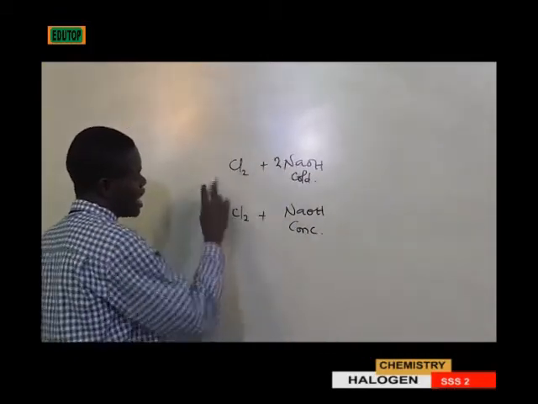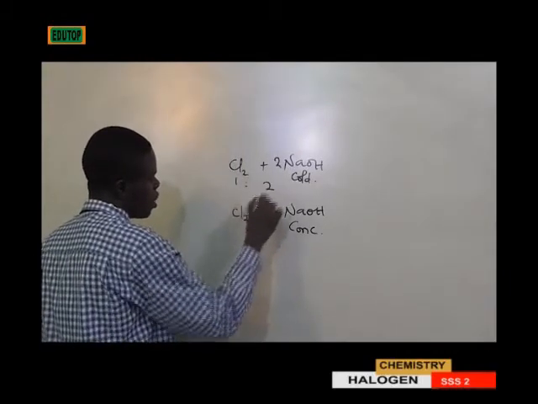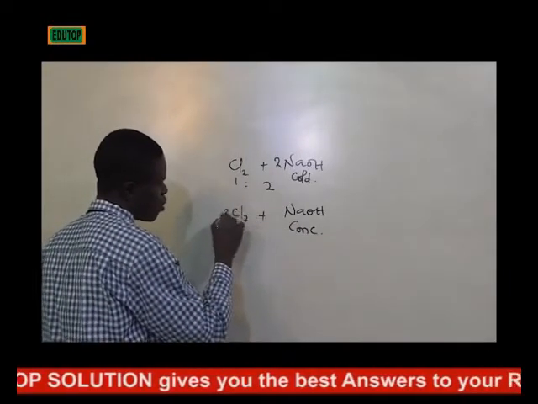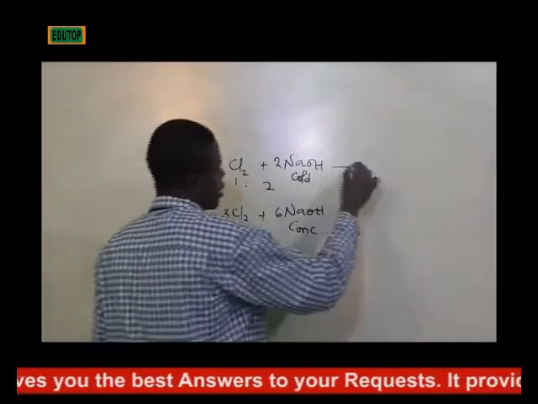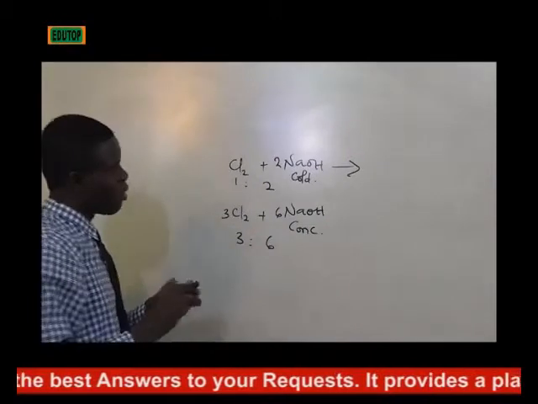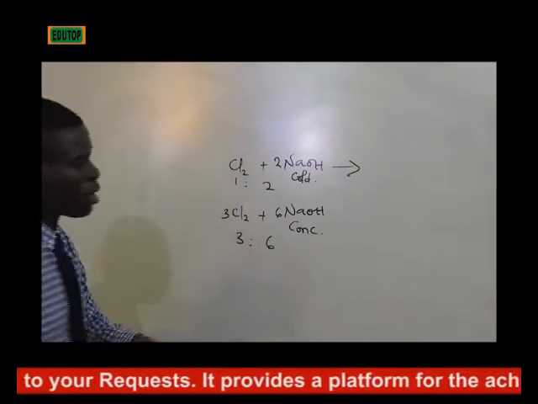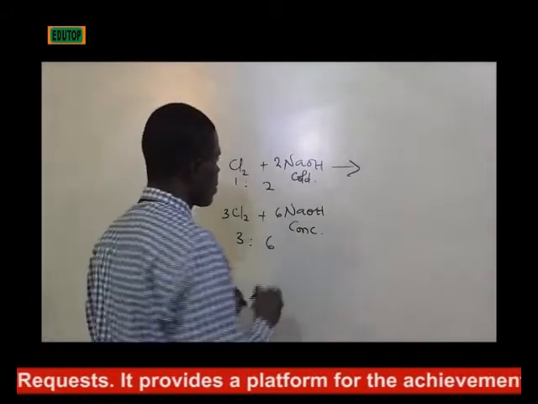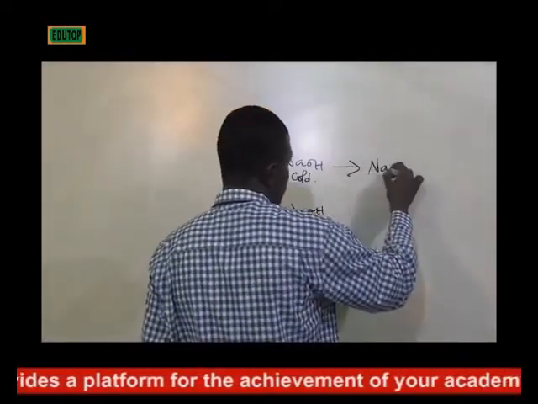Take note of that, 1 to 2. Then in the concentrated form it is a 3 to 6 ratio. Take note of that, because they test this aspect of the chemical properties of chlorine in most exams. So in this situation, you have oxochlorate(I)